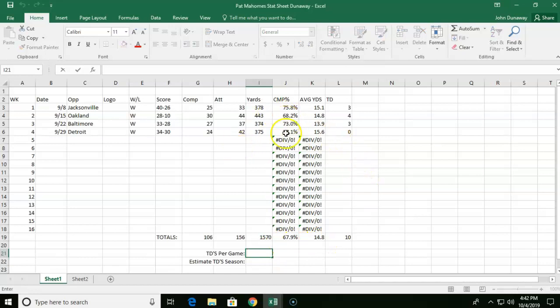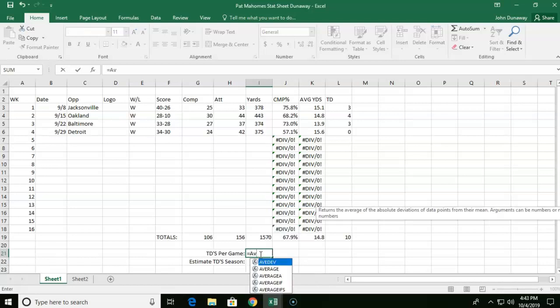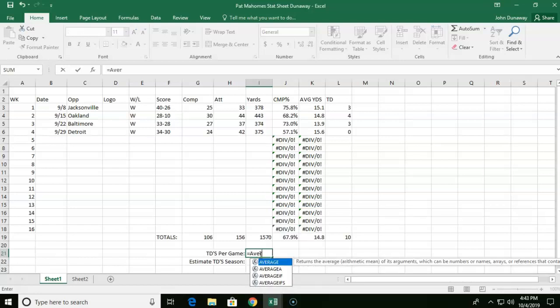Again, now we're going to do it a little bit different than average yards because it's calculated slightly differently. It's based on how many games they've played versus how many passes he's completed, if that makes sense or not. But there's this great command, so go ahead and type in equals, and then start typing the word average, AVER, and you'll see this formula come up here. Go ahead and double click on that, and it's going to look like this: equals average